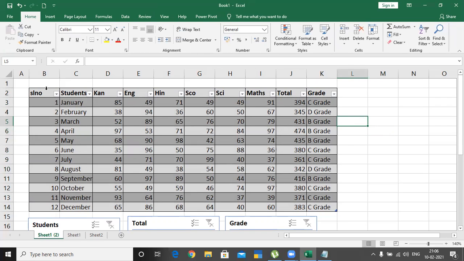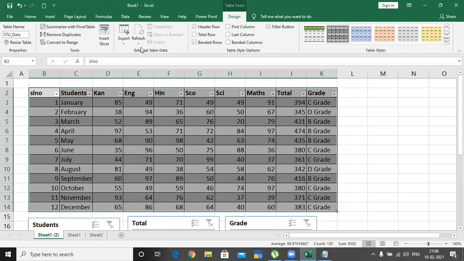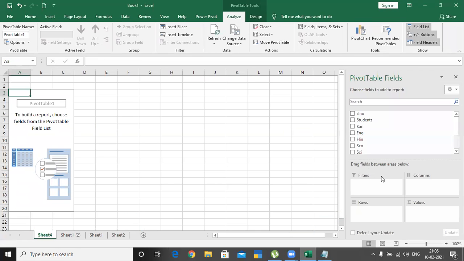Okay. Then again select. Then what we can do is make use of this data, whatever I have entered here, and I can go for summarize with pivot table. So go for new area and I can insert pivot table also.